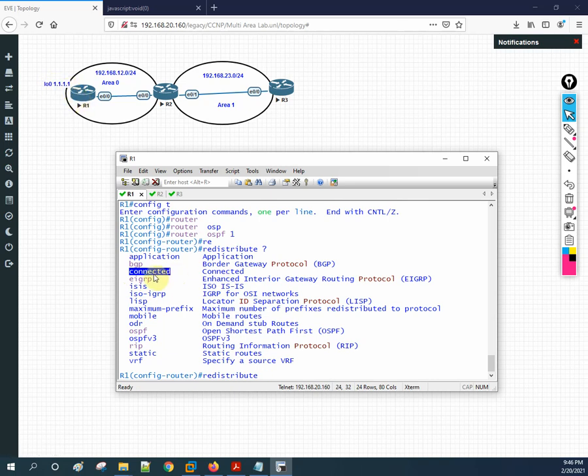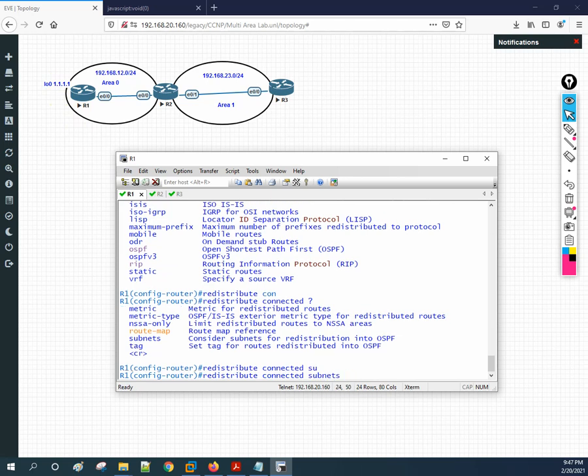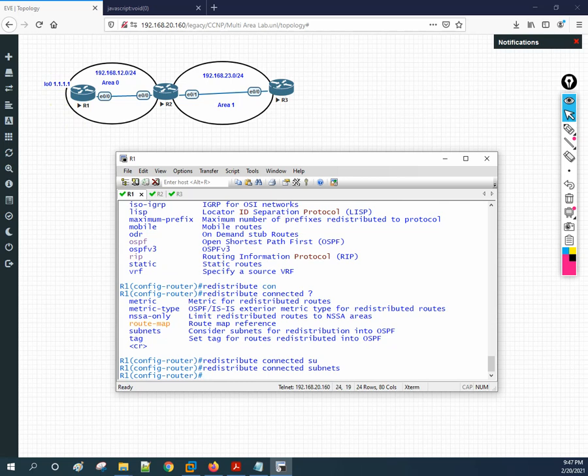If loopback 0 had EIGRP or RIP, I could use that also, but here we only have directly connected, no RIP or EIGRP. So I will write redistribute connected subnets. When I put this, loopback 0 also goes into OSPF.